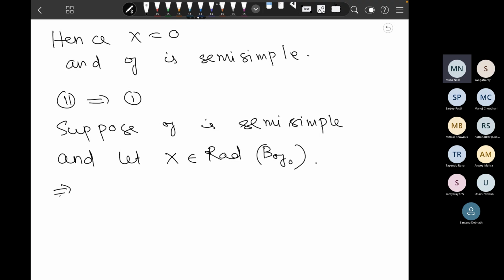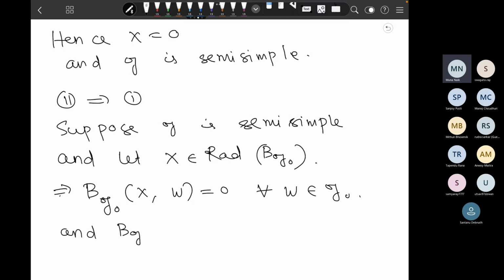This implies BG naught XW is equal to 0 for all W belonging to G naught. Now, as G is equal to G naught plus I G naught,